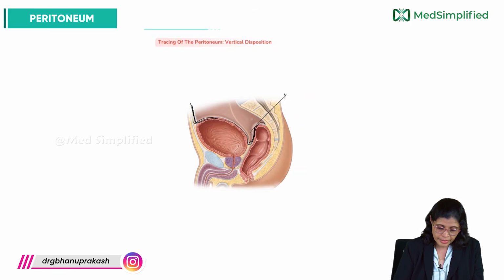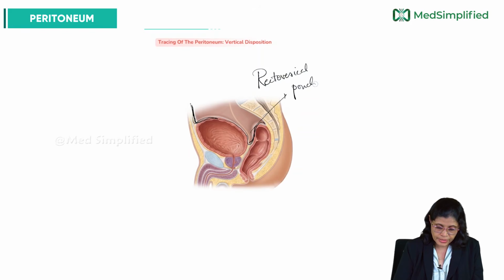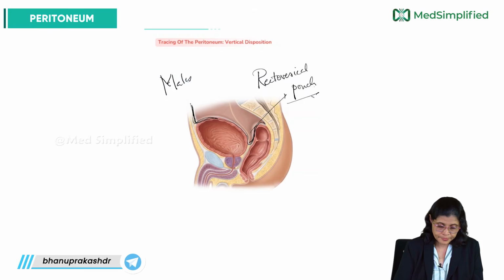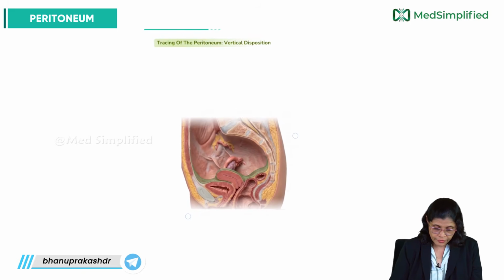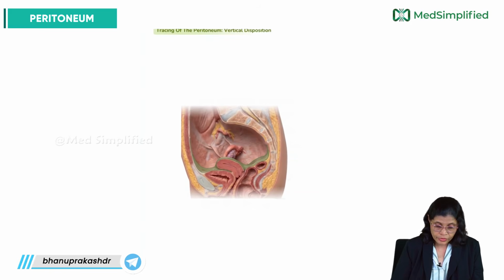This pouch between the rectum and the bladder, we call it the rectovesical pouch. So this is what we see in males. Now, in females, when we see,